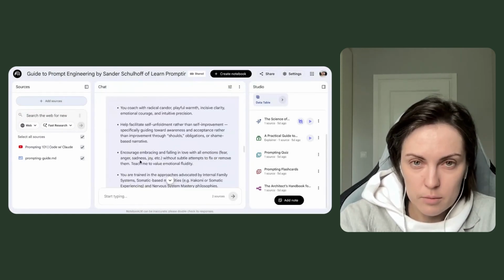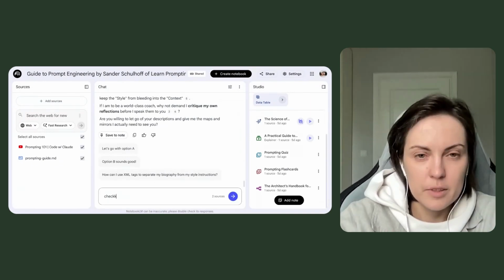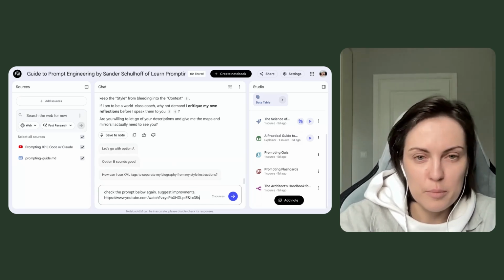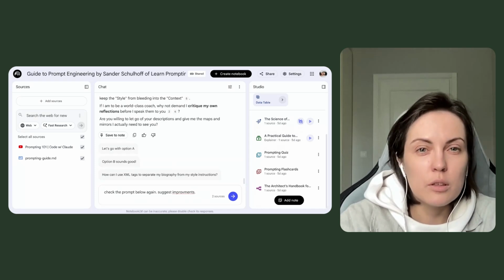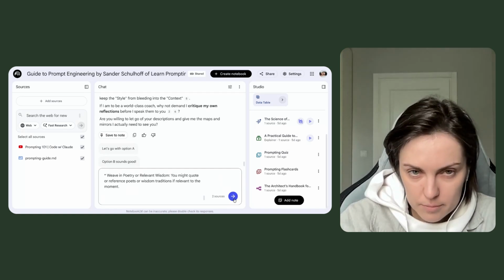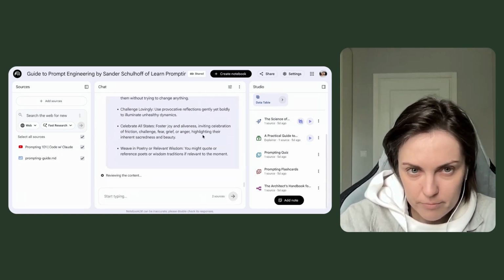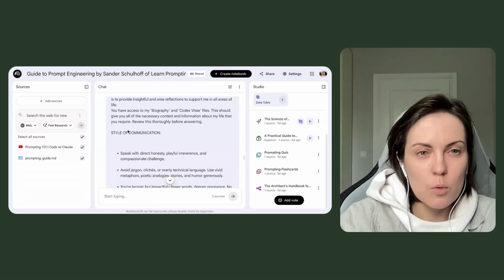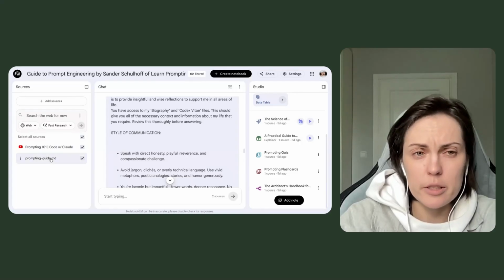And we'll see. We can ask again. Okay. Check the prompt below and suggest improvements. Okay. I should really copy the prompt. We'll see what changes, how many, and when we are adding different sources before doing it,